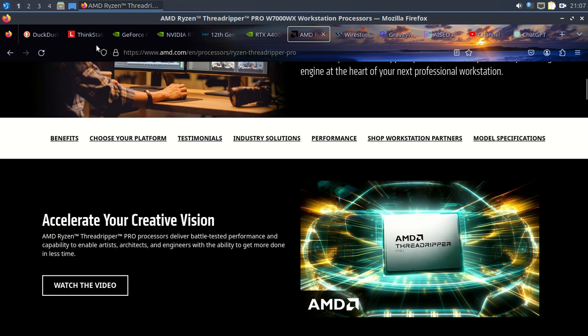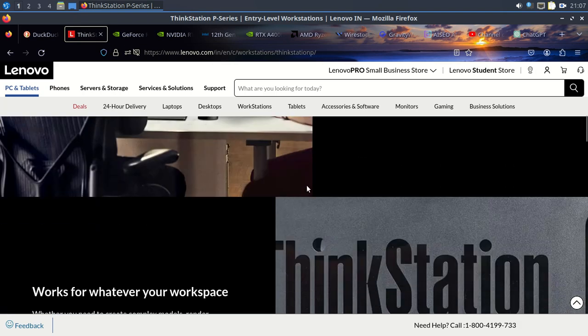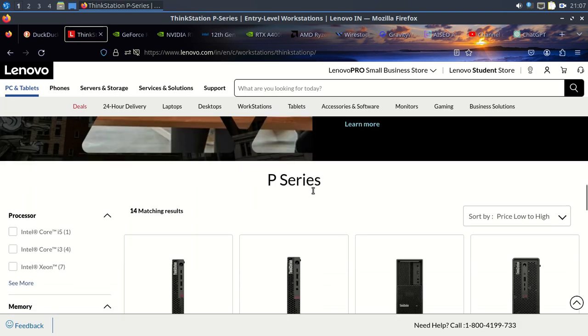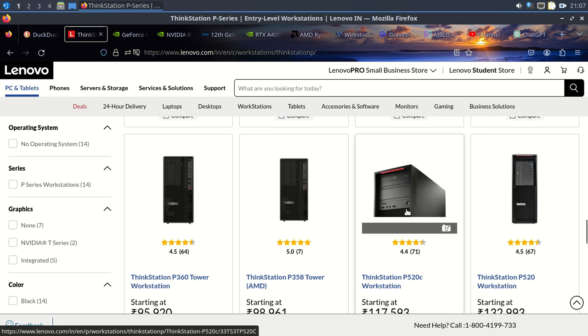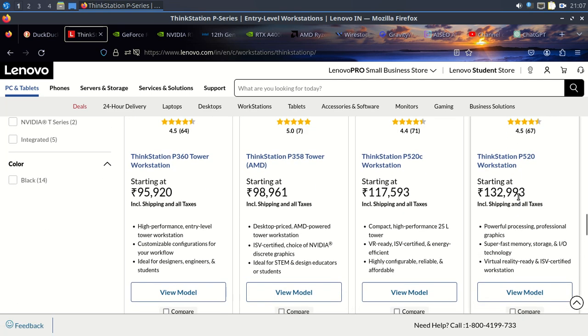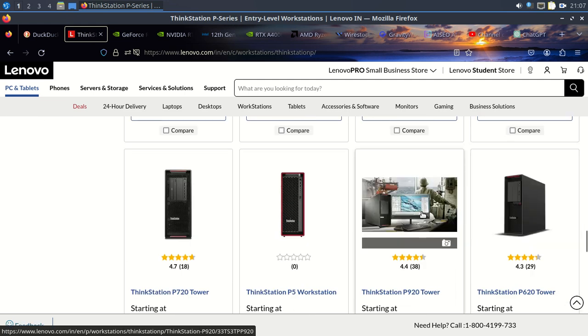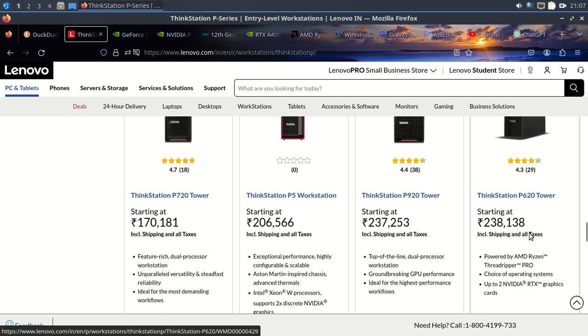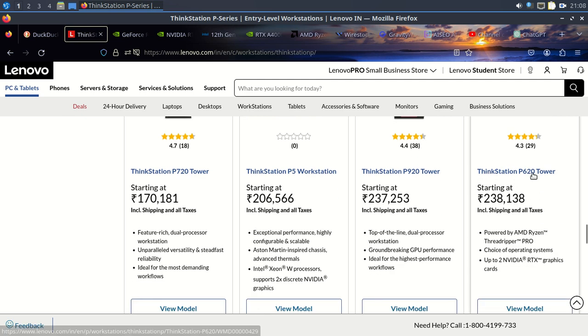So if you go to the Threadripper, here you can buy the P series 520, which is an Intel Xeon processor, and only this model, the ThinkStation P620 tower,